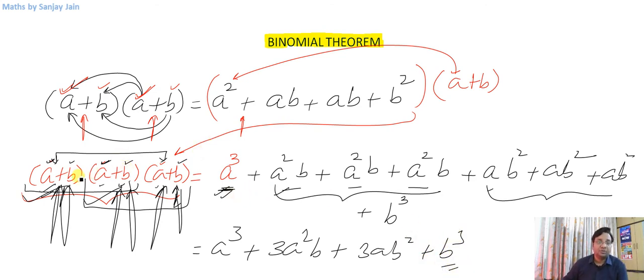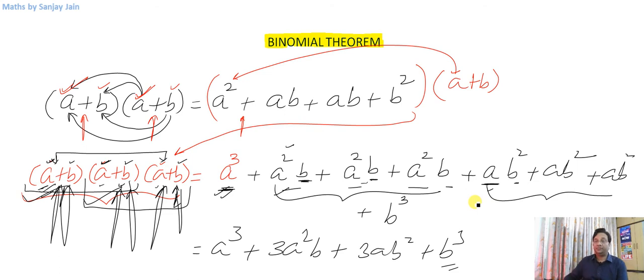Now you can talk about it in terms of b also. When I say I select a from all of these three, I could have said this statement the other way around, that I select b from none of these, then I select b from one of these, right? Rather than saying a from two of these, I could have said b from one of these, a from one of these or b from two of these.